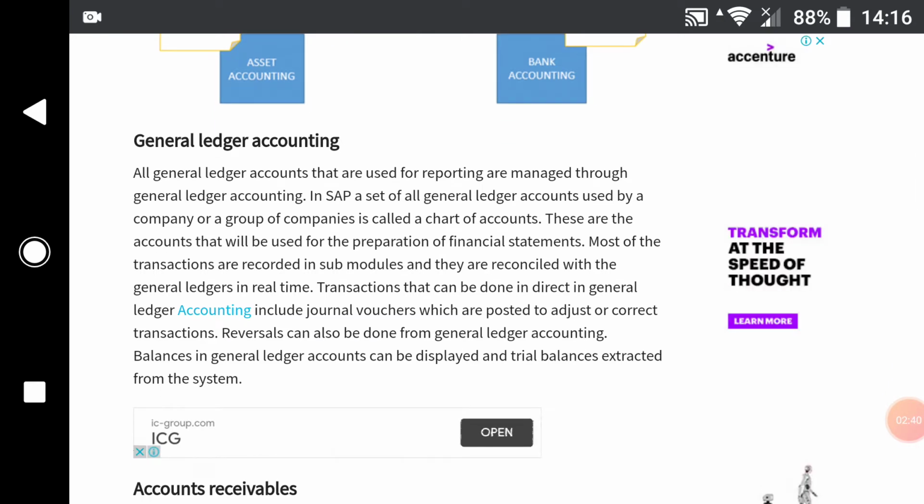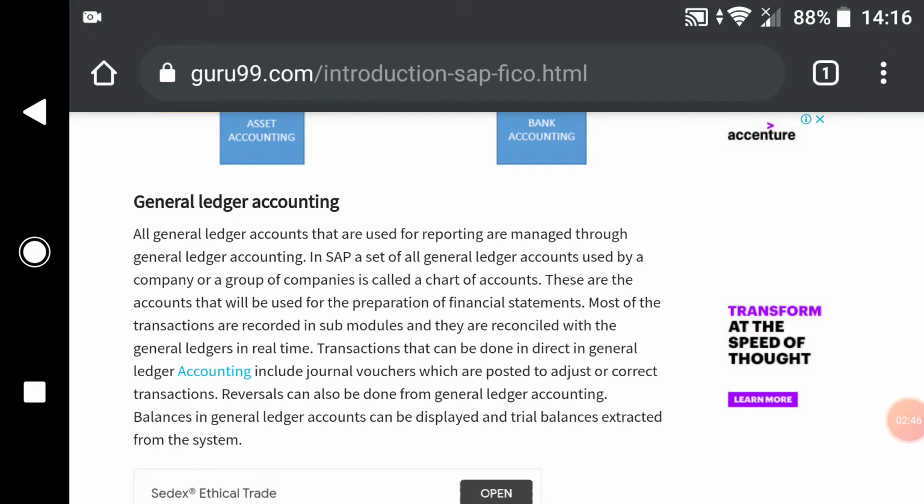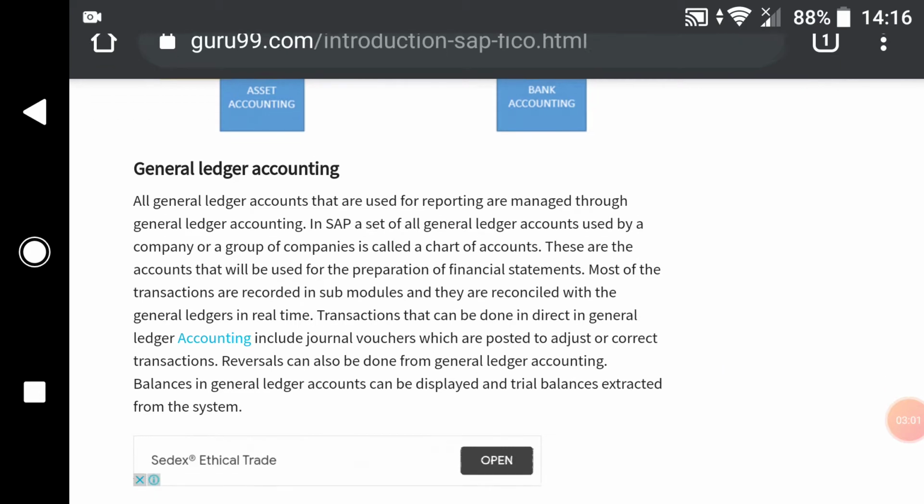In SAP, the set of all general ledger accounts used by a company or a group of companies is called the chart of accounts. We have already gone through creating a chart of accounts for a company to record all the transactions related to sales, purchases, or any bank activity or any financial transactions. You need to define a chart of accounts.